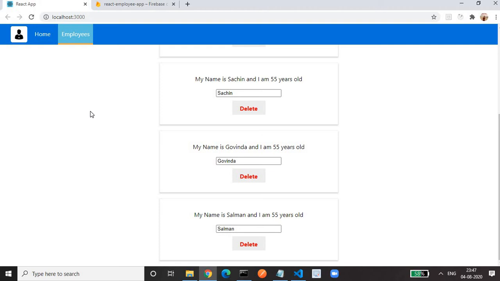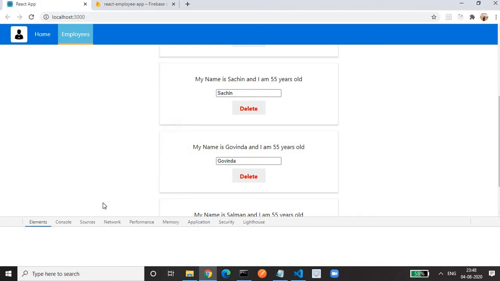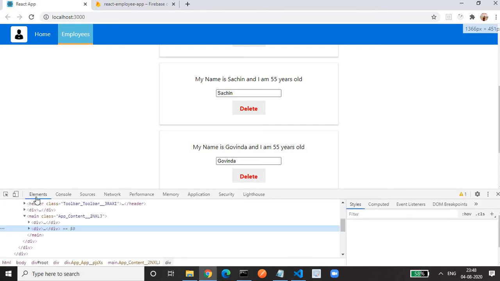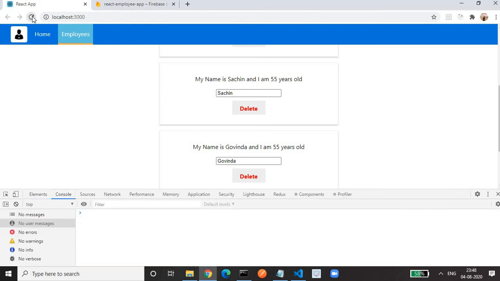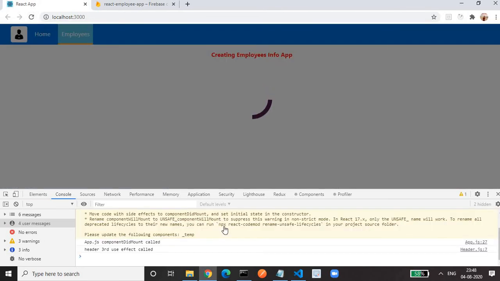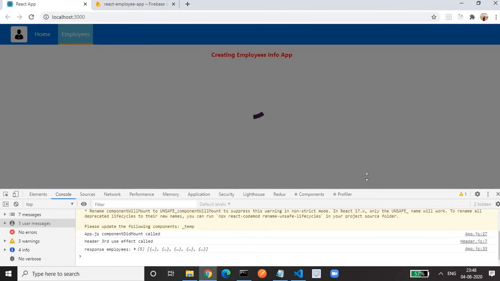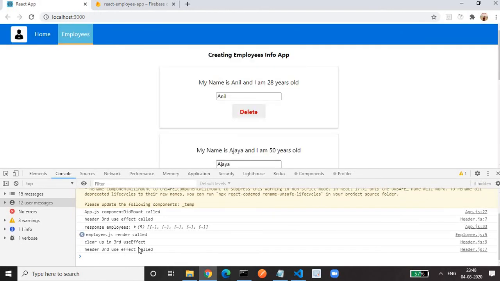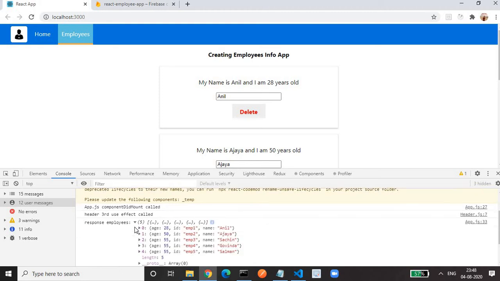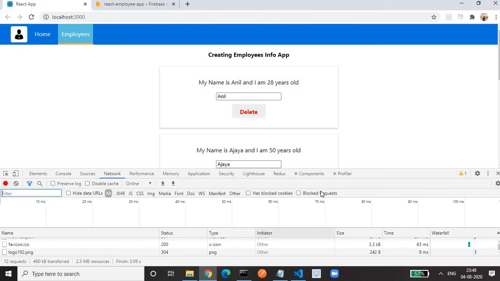let me inspect it. I will refresh my page again. See, in the console log you will find the response, employees, you are getting. There are 5 employees. It's an array of objects, but actually you won't get this array of objects. So if you see in the network tab,